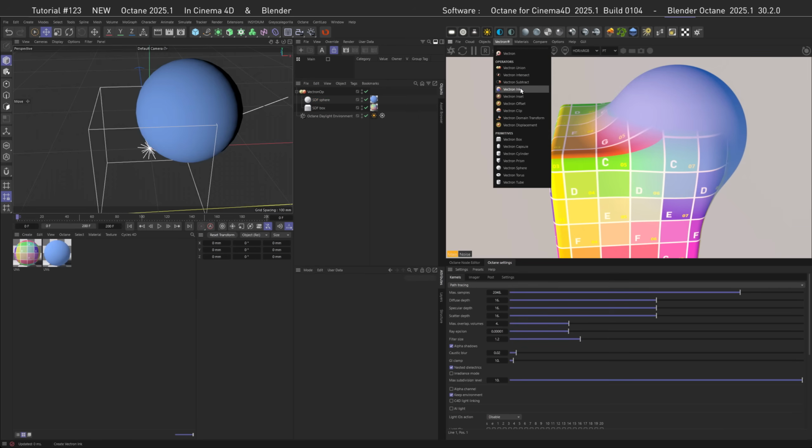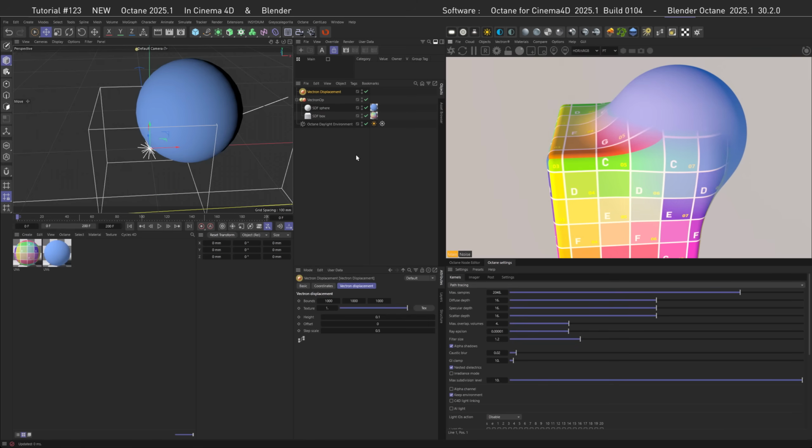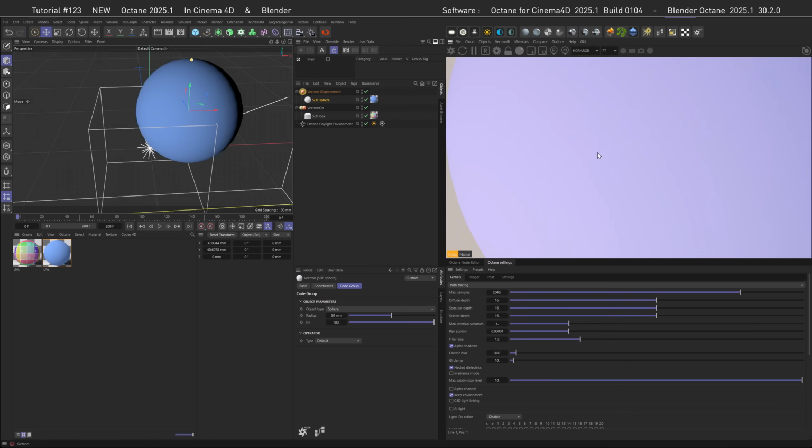Let's actually get into the part which is new in this release, which is the Vectron displacement. So what we can do is grab the sphere and move it into the displacement here. If we re-render, we can see that the sphere is now very large. If we now have a look at the displacement object, what we can see is that it has a slot